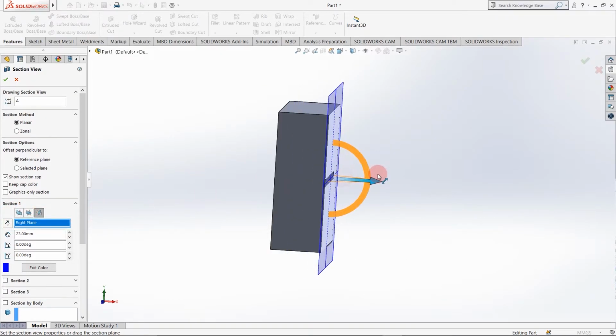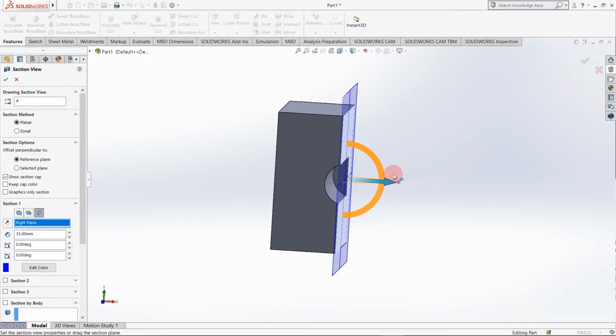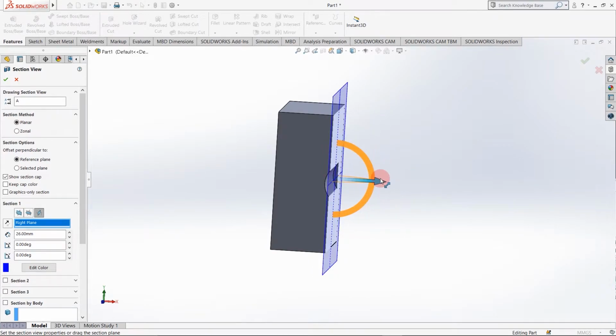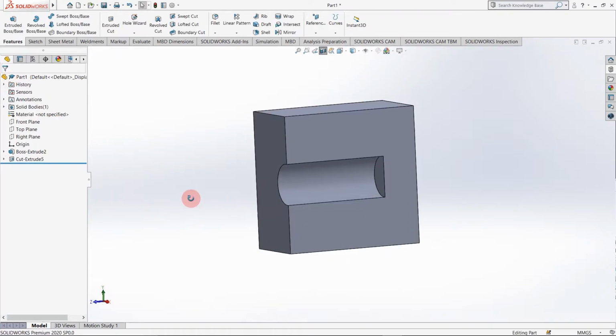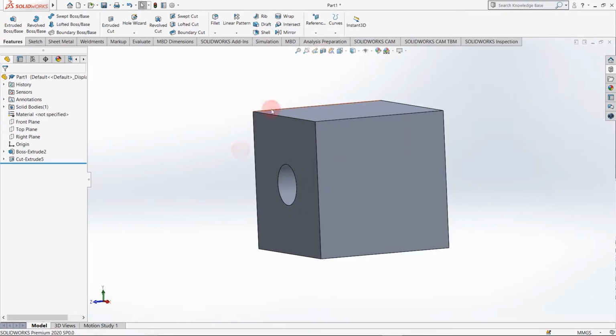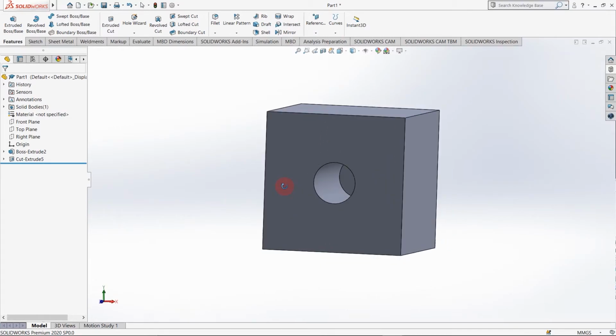For this I want the right plane. By dragging this arrow you can adjust the position of the plane. I want it here, so click OK. As you can see, the hole is up to that surface. For removing the section view, you just click on the section view icon and you can see the whole body.